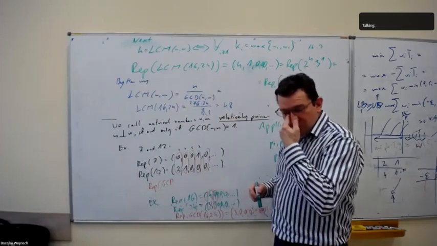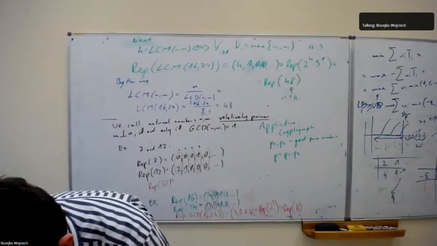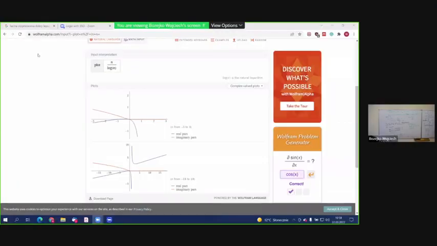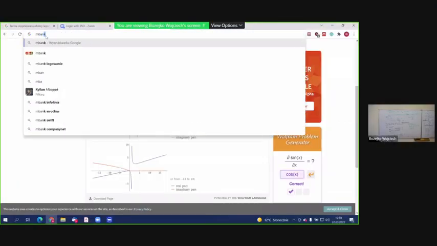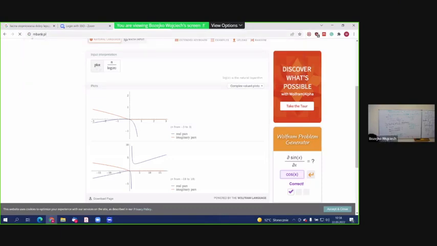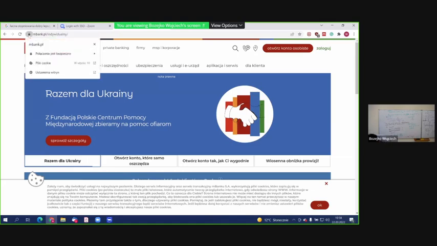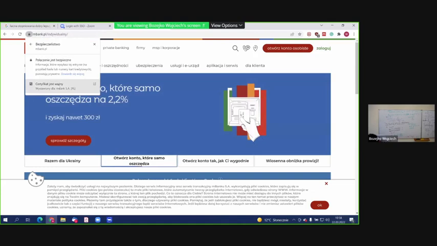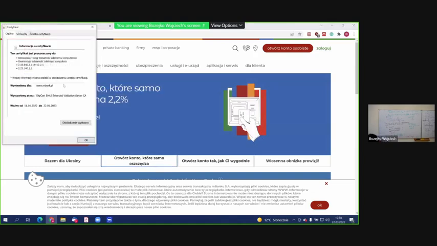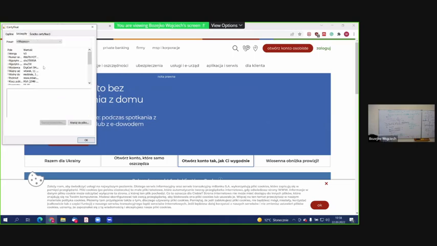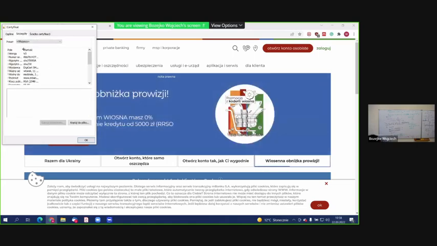Maybe, as you know, we can even try it if we take any address of mBanking, let it be mbank.pl. This sign means that this is SSL. And if we try to see this secure connection, this is SHA. And here we have the public key RSA.